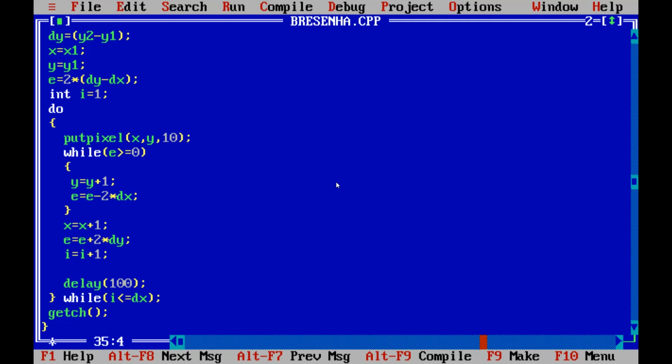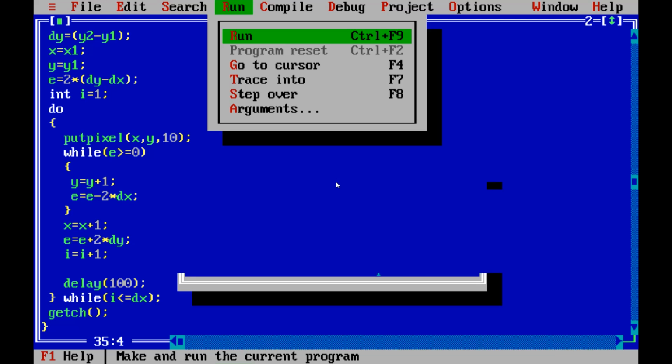Here it is. Alt F, save it. Alt R, run it.